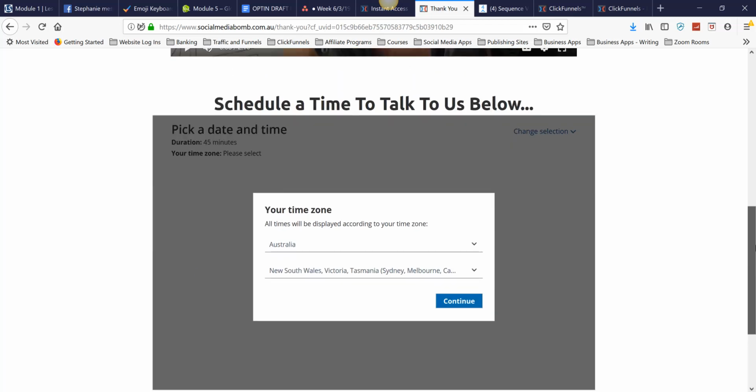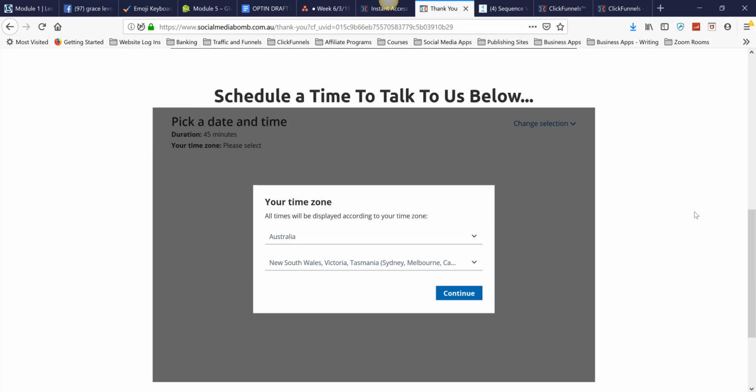Now, a couple of reasons I do this. One, on one hand, we've got the micro commitment thing, but on the other hand, for every click that you make them take, for every hoop that you make them jump through, a small percent will drop off. So I embedded the calendar here, firstly for that, but secondly, as I said, so that once they come through this and they get taken to the next page,